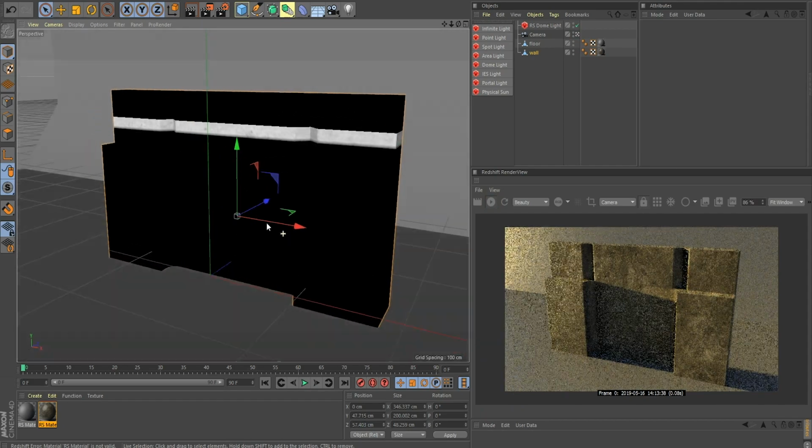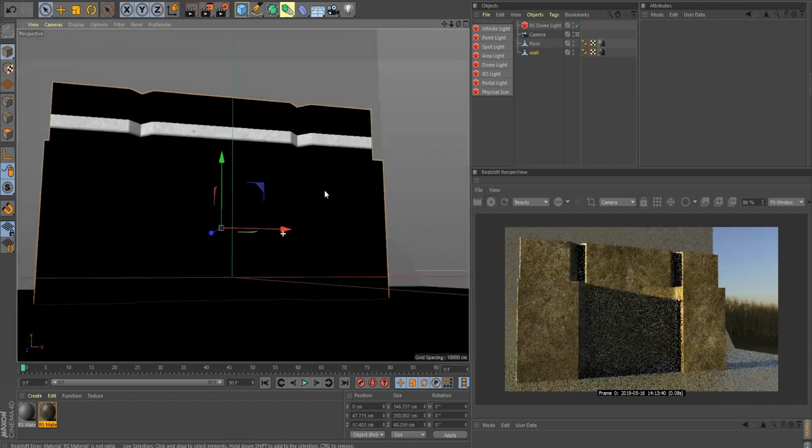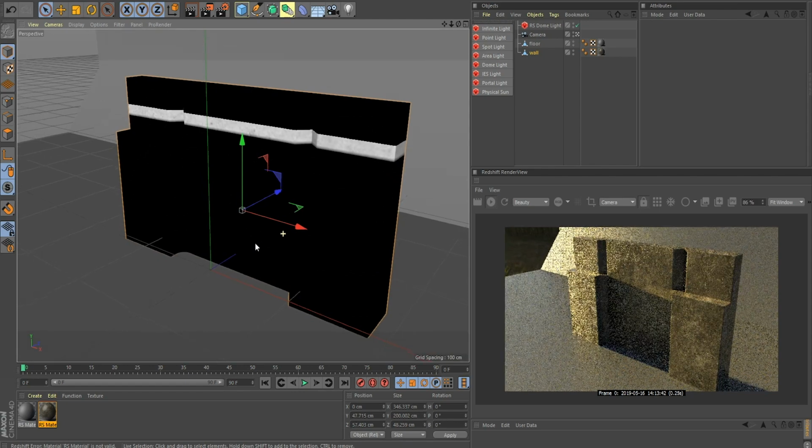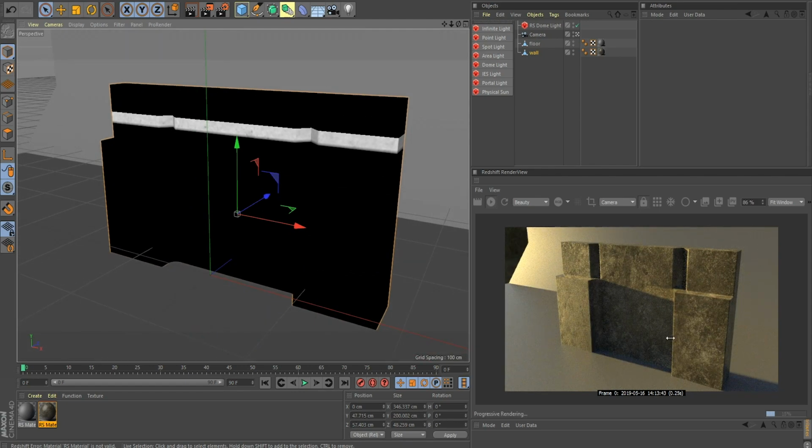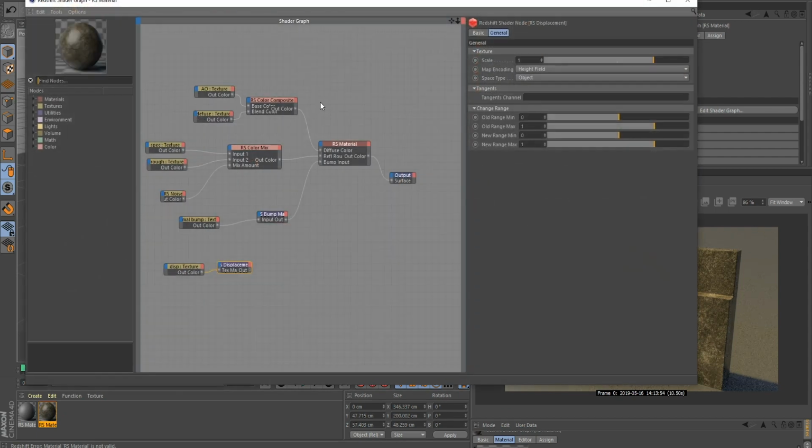So this is the full material that we just built. I just have the HDRI set up so we can see what's going on. And so we have really nice roughness going. We have maybe normal map is a little too intense. We can lower that. And let me just go in here